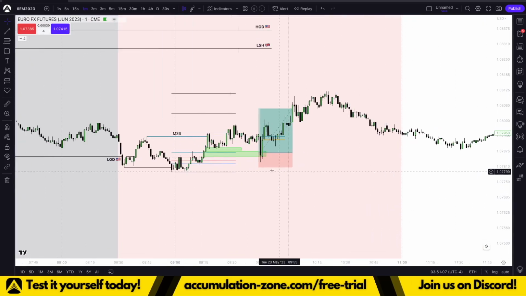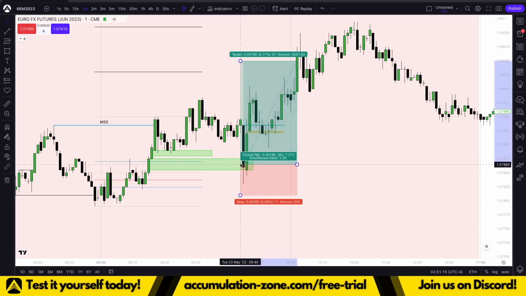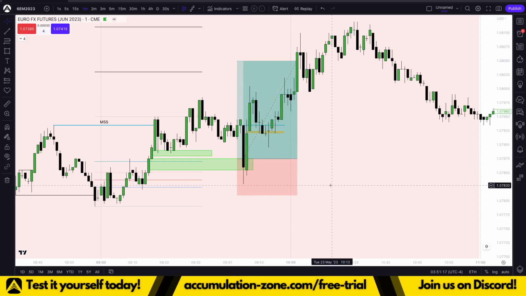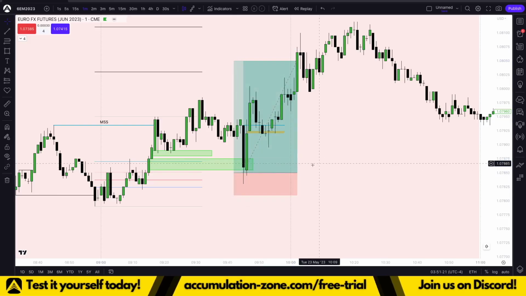I think we also got our 61.8 entry here, which was just at the bottom of this fair value gap. What would you do in this case? Would you just place it inside of the fair value gap or at the top of the fair value gap, or be very strict and place it at the 61.8, even though most of our fair value gaps are above that 61.8? Well, very often you see that it just retraces a little bit more than the fair value gap,